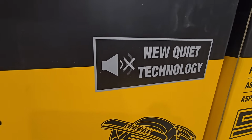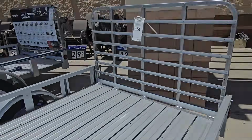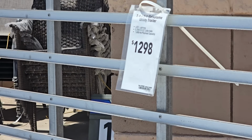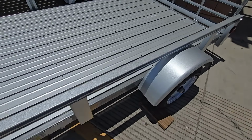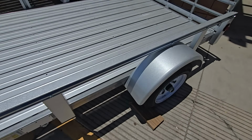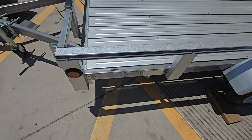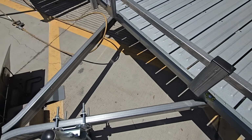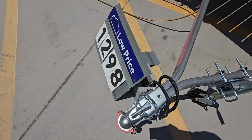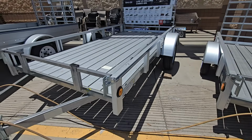Pretty solid. All right, something that caught my attention that I've never seen before is these trailers. Check this out. You got the galvalume, so aluminum maybe, or galvanized. I really like the design on these. You don't have to worry about them rusting out or anything. And really nice color, high visibility. You can see them at night. Then $12.98. They're not that bad actually. They're pretty good. This one's much bigger,